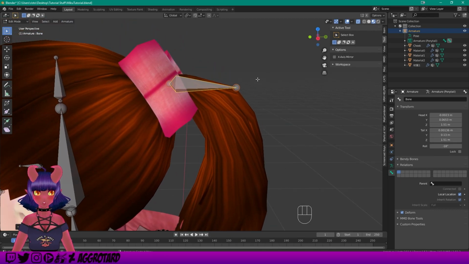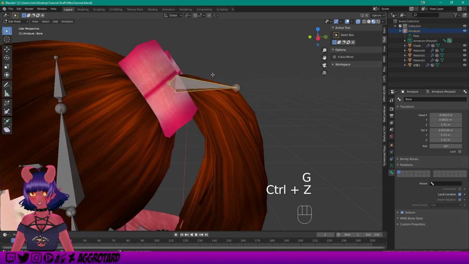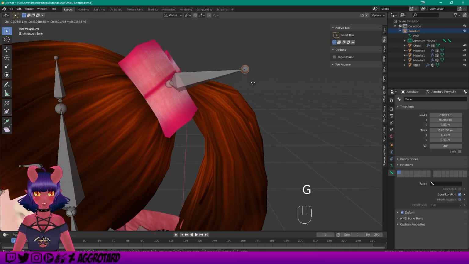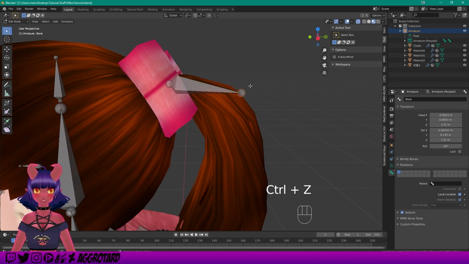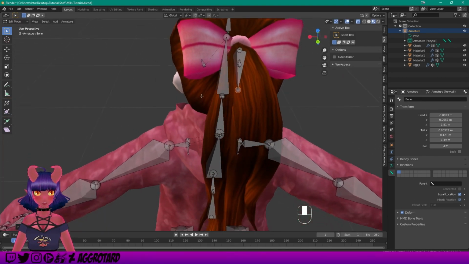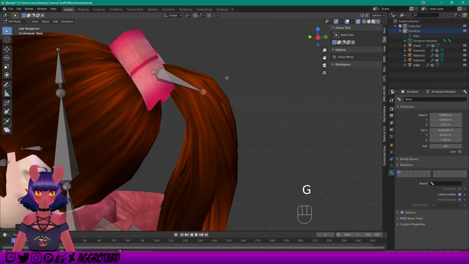Now, another thing with bones is if you select the entire bone, then you can move the whole bone around. But if you just click on the head or the tip of it and press G, you can kind of move it around with the base as the root. So this becomes very useful when you want to rotate bones but want the base to remain still. So that's G for that. Let's rename this to